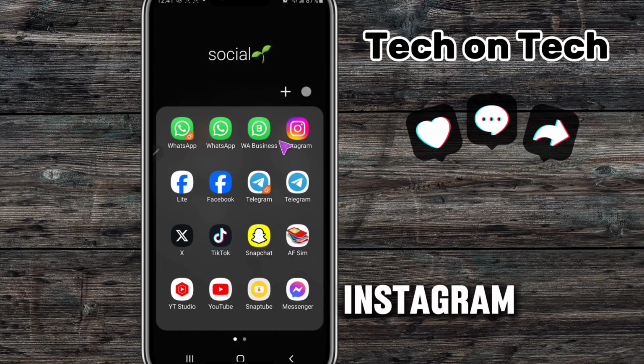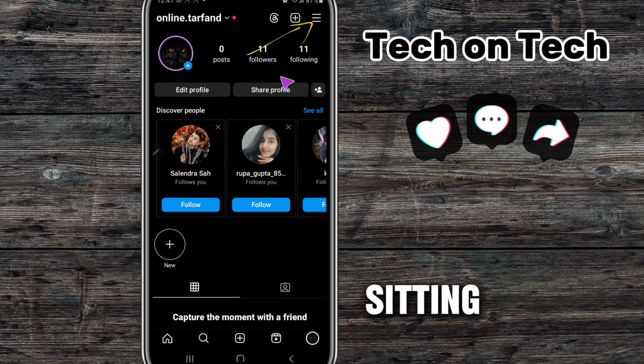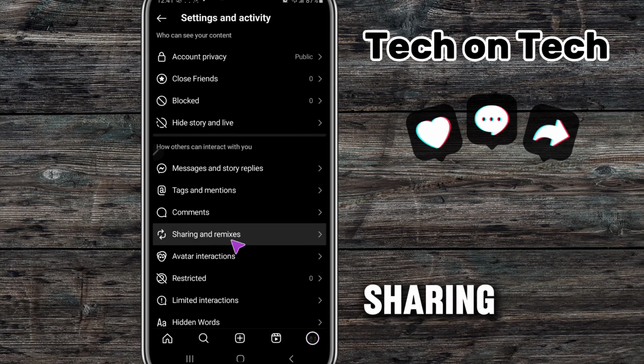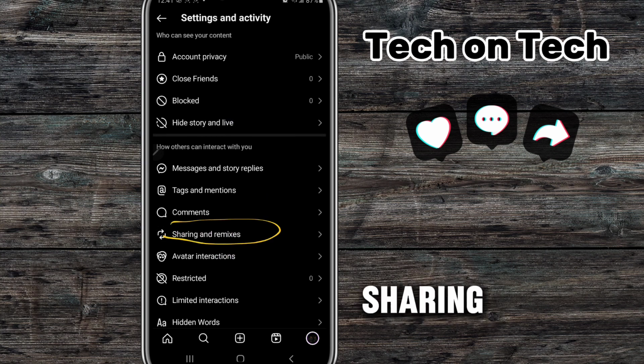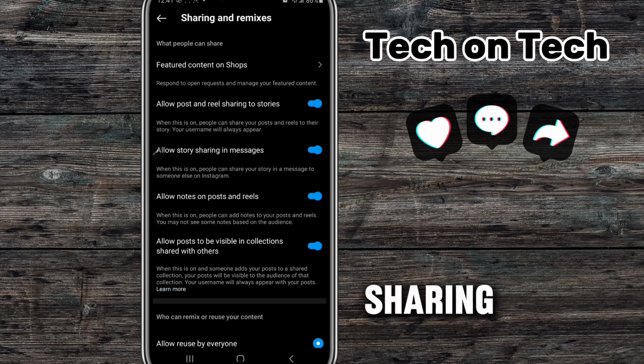Step 1. Open an Instagram account. Click your profile account. Click settings and activity. After clicking settings and activity, click sharing and remix. Okay, sharing and remix. Click. Very good. I click sharing and remix and click